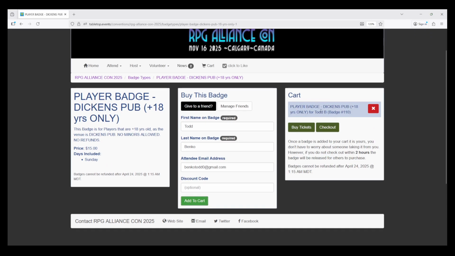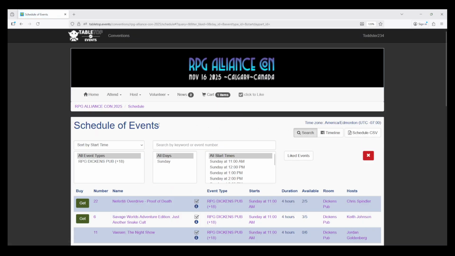And then you see the badge 110 is now added to the cart. So now we have a badge that we can connect any tickets we buy for a particular game. So go ahead and click on the buy tickets button, and that takes you right to the schedule for events